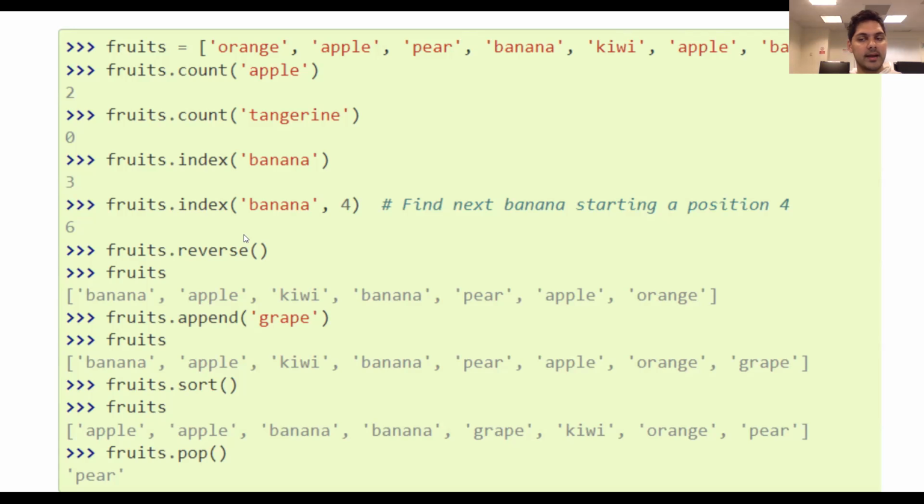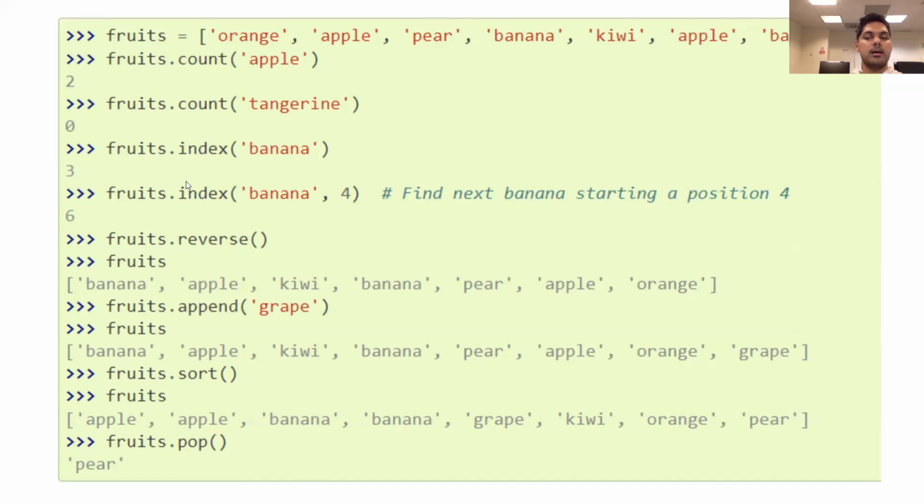But I believe if it's not in the list, then it will return -1. Actually, is that true? We have a list, and we want to find the index of what string, what peak, oh, it's not in the list, then find the index of 7. Okay, actually, it didn't return -1. Okay, whatever. So reversing a list,